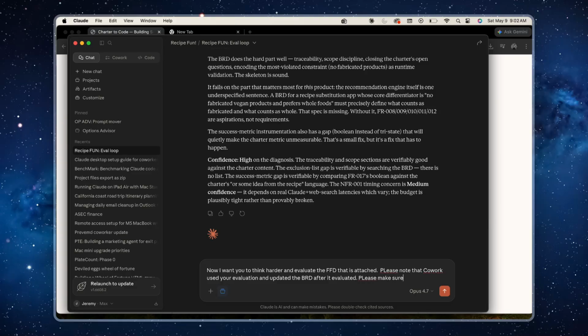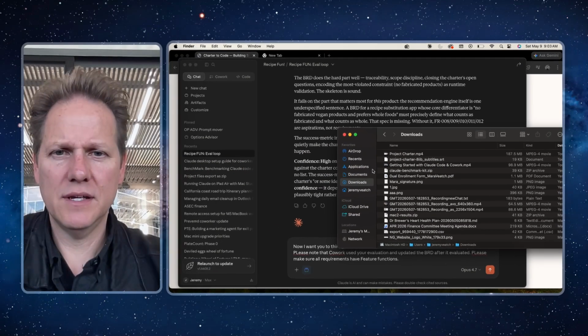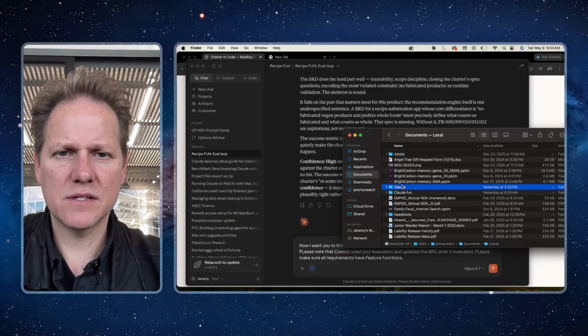All right, please make sure all requirements match your functions. Please note, okay, evaluate, okay. It should use this, but I just do it because I don't know, I guess I have trust issues. All right, so we'll come down here and documents, Claude,